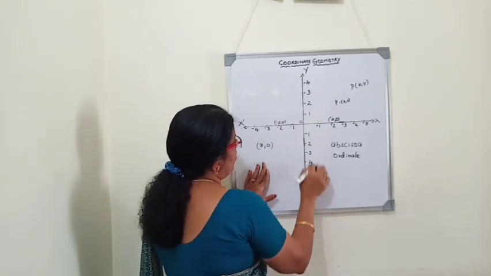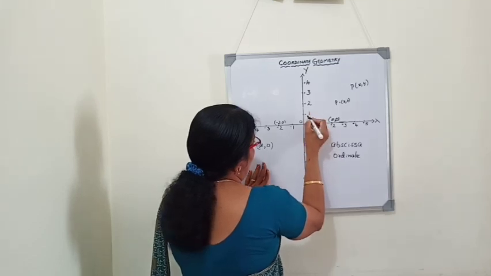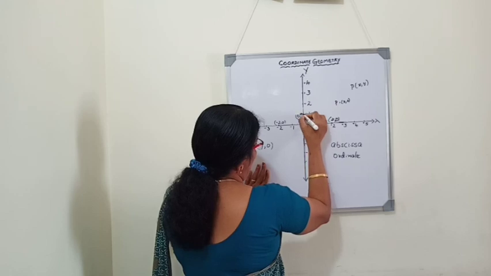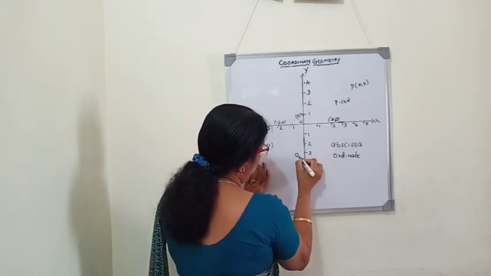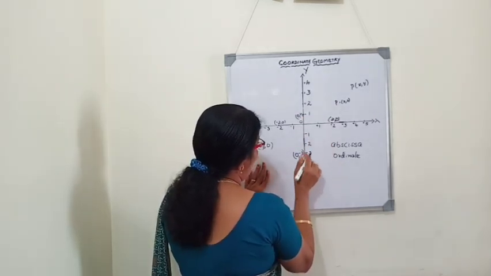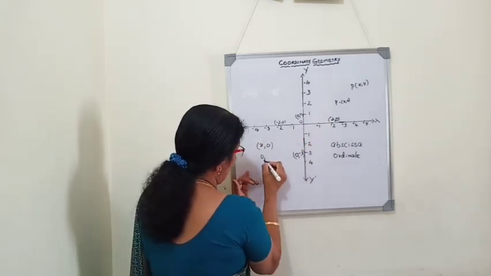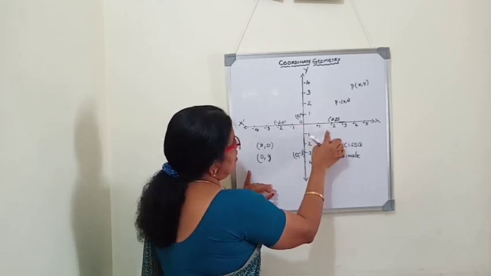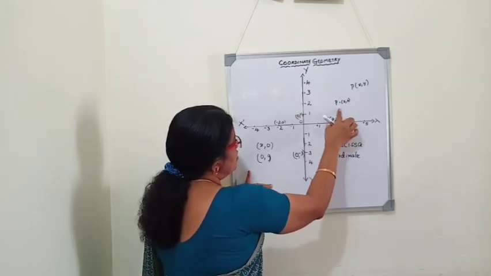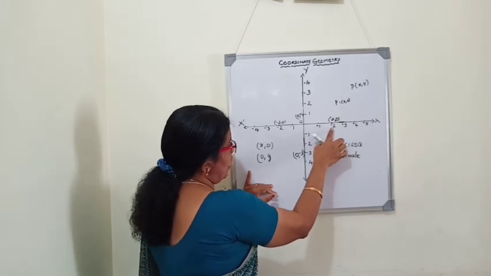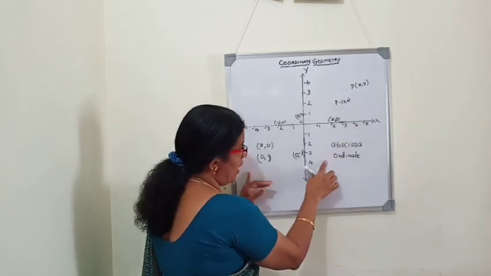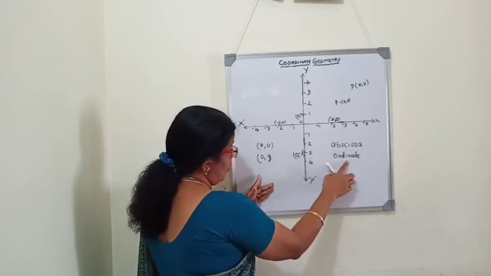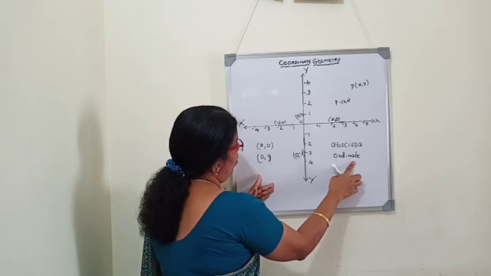But if you mark a point on the y axis, see, if you wanted to mark this point, we will write it as (0, 1). This point will be marked as (0, -3). So the general form of a point on the y axis is (0, y). The origin is O. The distance from the y-axis to the point is the x-coordinate and the distance from the x-axis to the point is the y-coordinate. Another name for x-coordinate is abscissa and for y-coordinate is ordinate.